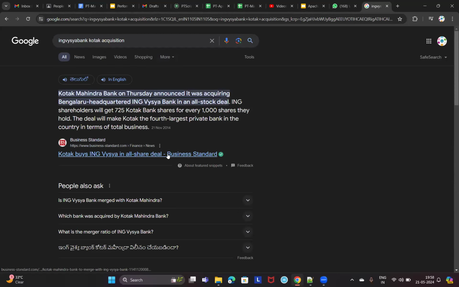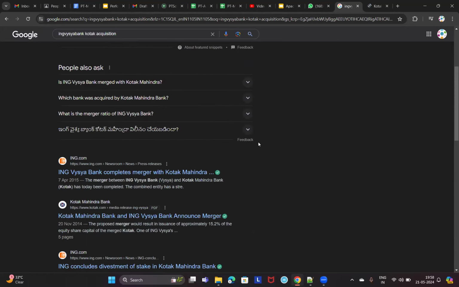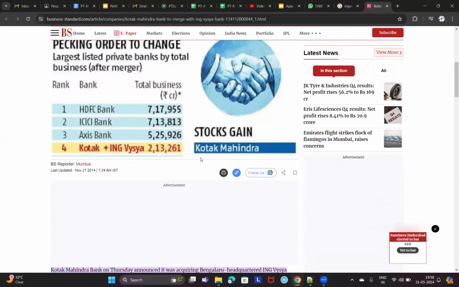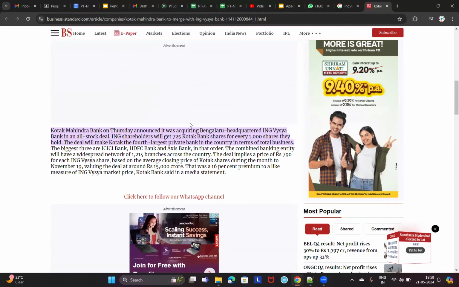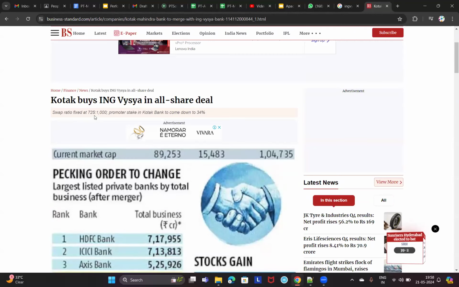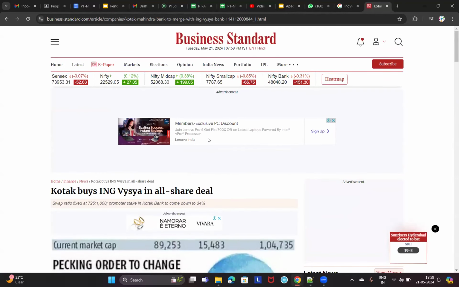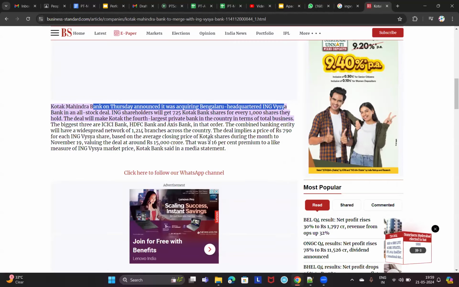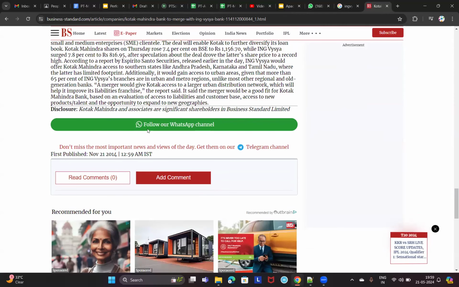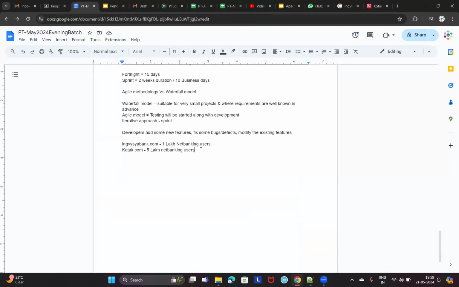When is this, guys? This merger process was completed like 2 years back. So you can see here, Kotak Mahindra Bank announced it was acquiring Bangalore-headquartered ING Vaishya Bank in an all stock deal. So when was this news? Okay, let it be. Doesn't matter. That is not important. But once this merger process is completed, once that acquisition process is completed,